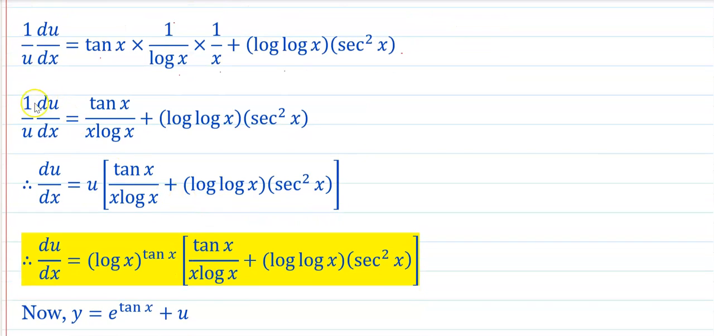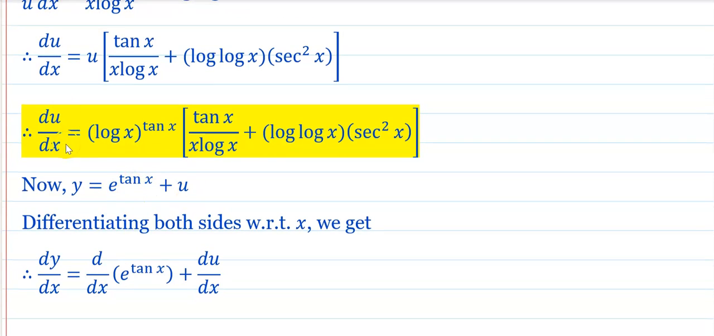Therefore, 1 upon u du by dx. Again simplification: 1 into tan x means you will get tan x. X into log x means tan of x upon x into log x. Plus log x into sec square x. Next, therefore, du by dx is equal to u times tan of x upon x log x plus log x into sec square x. Therefore, du by dx is equal to log of x bracket raised to tan x